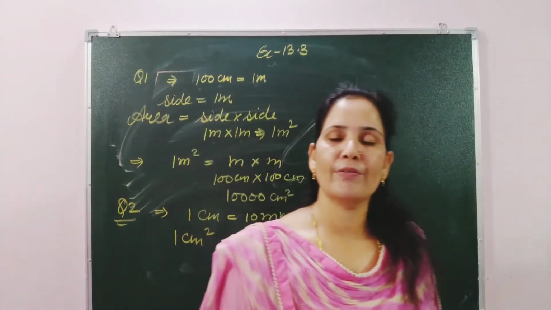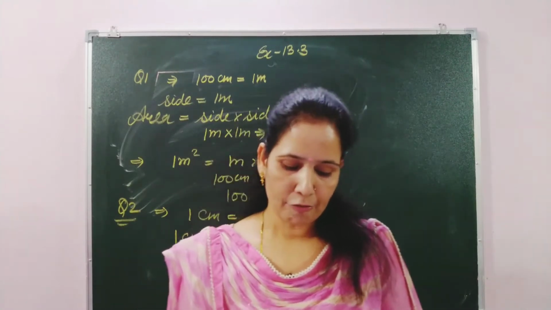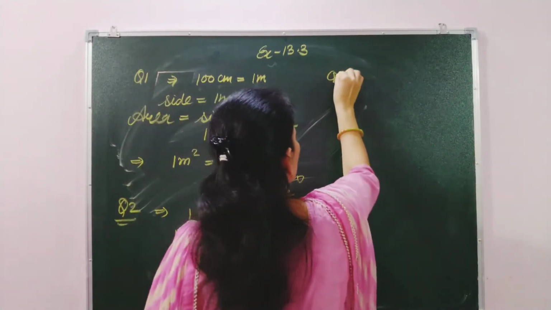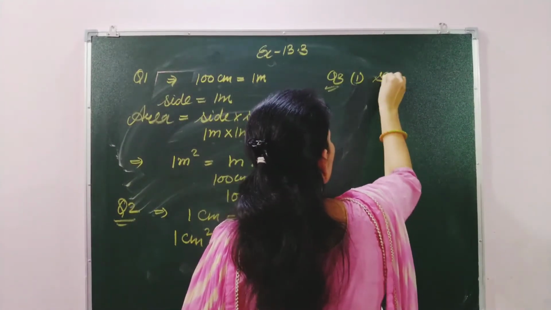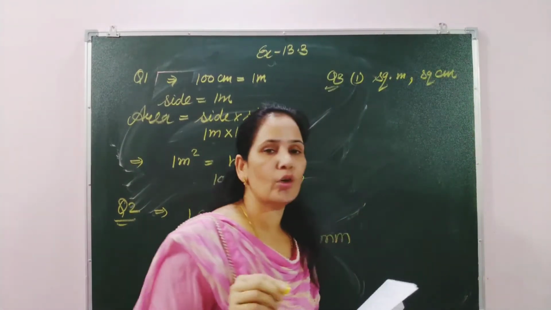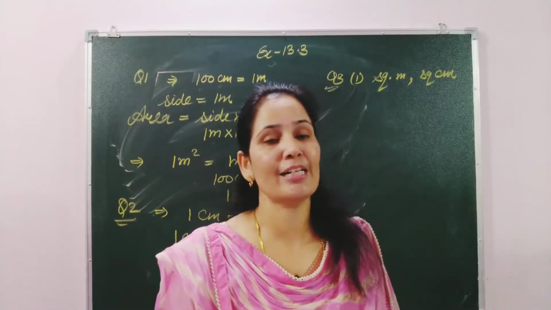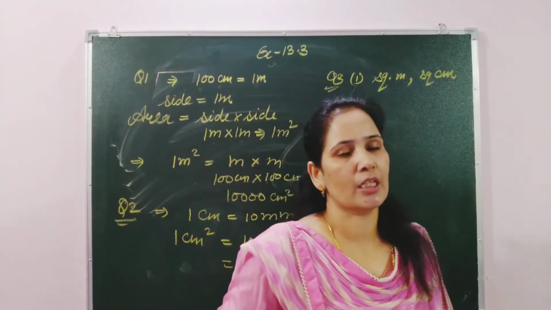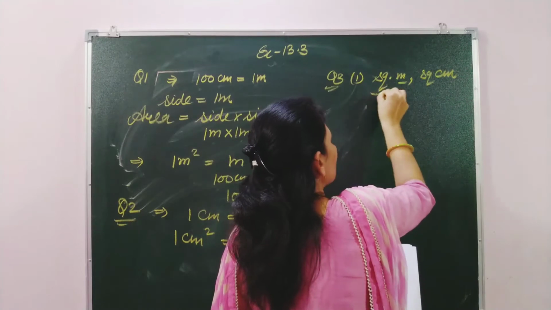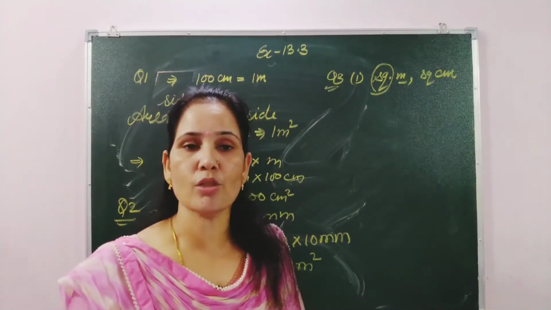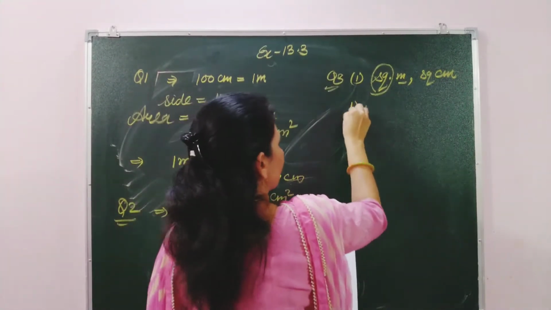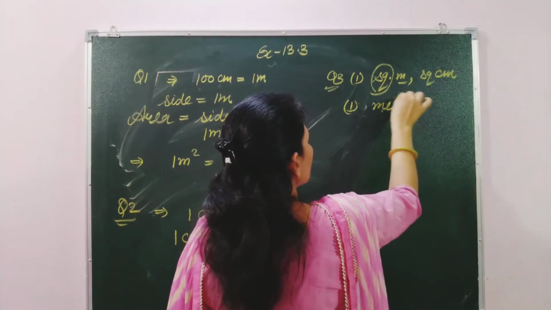In question number third, they have given it in the form of fill in the blanks. So let's discuss first, unit of area. Unit of area is square meter, otherwise square centimeter. Students, it depends on the unit. If the unit is given in millimeter, then we will write square millimeter. If it is given in kilometer, then square kilometer. So the area depends on the unit, but the word that is common that we have to use is square. Second, unit of length. Unit of length is meter.